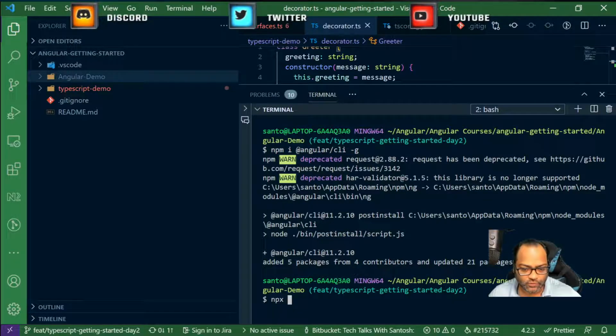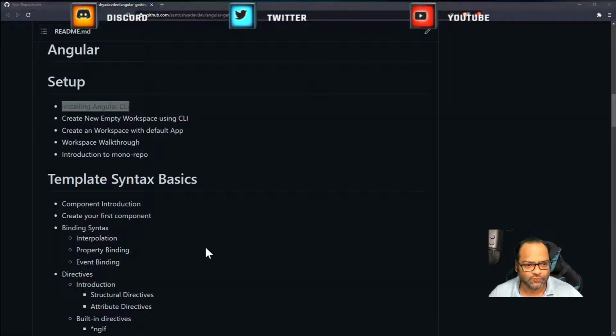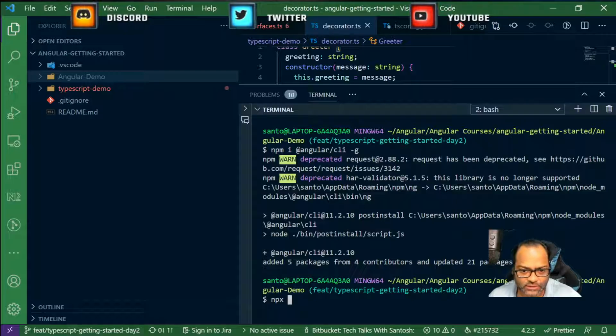I'm going to create a new workspace using Angular RC. This might be a little bit confusing, but we want to use the latest version of Angular 12, I mean the RC version. So I can use npx and say npx @angular/cli@next.